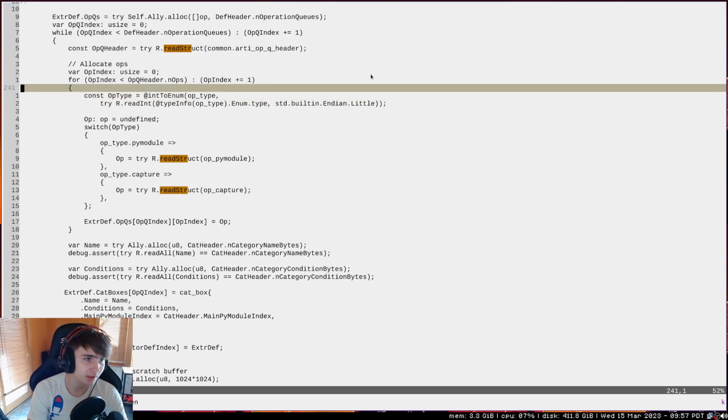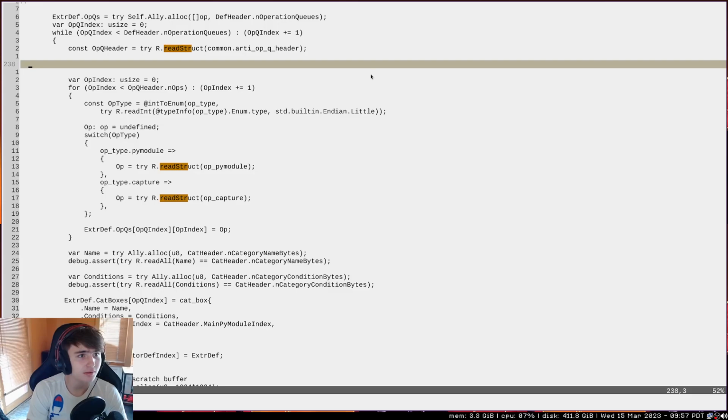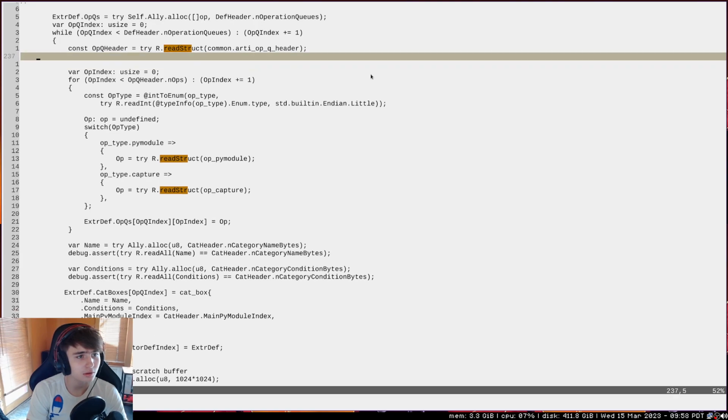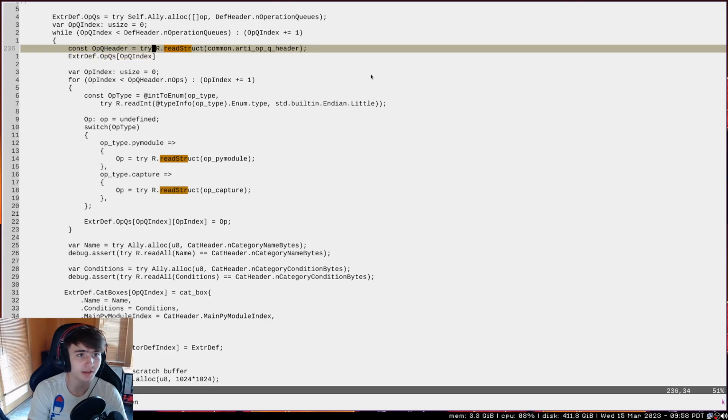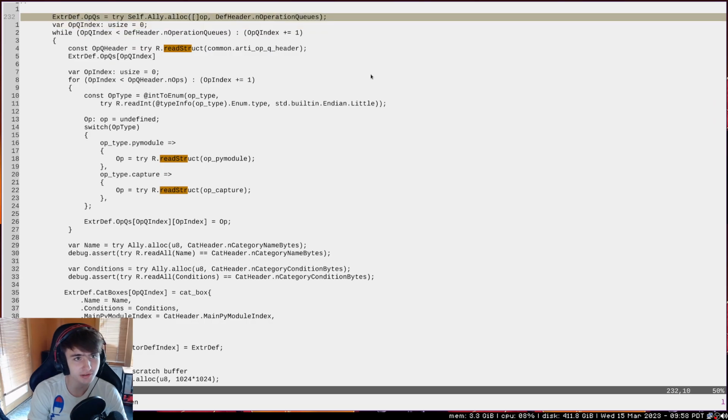Here's where I need to declare operations. So basically extract def op queues at the current op queue index is getting a set of operations according to